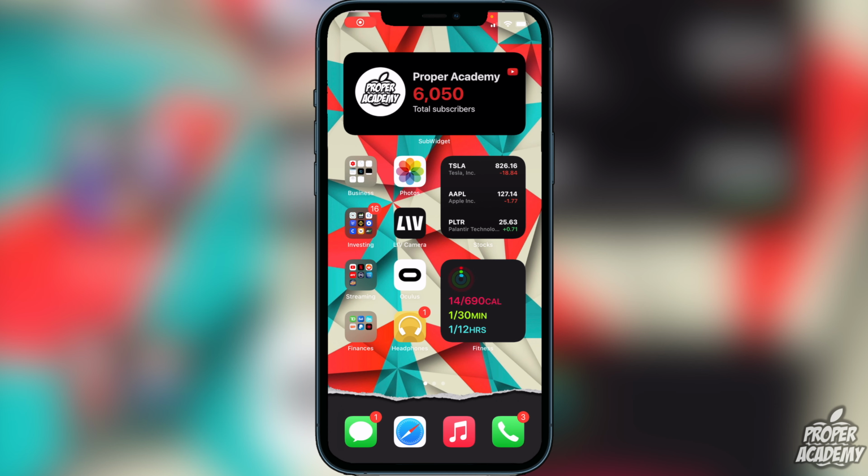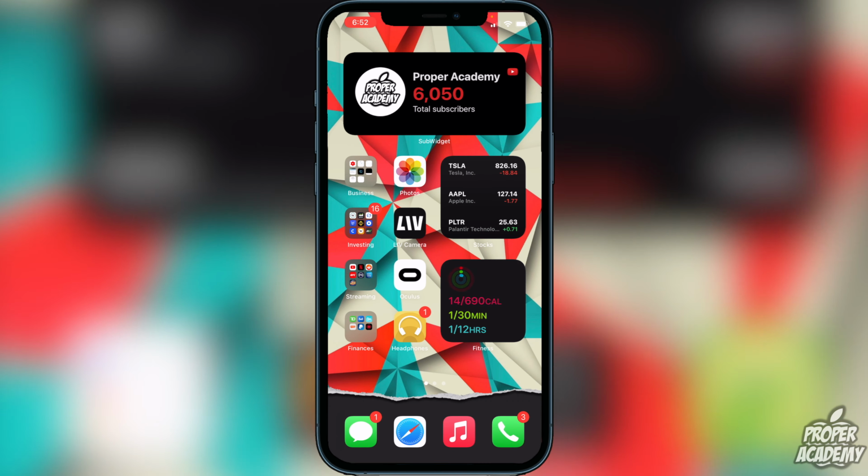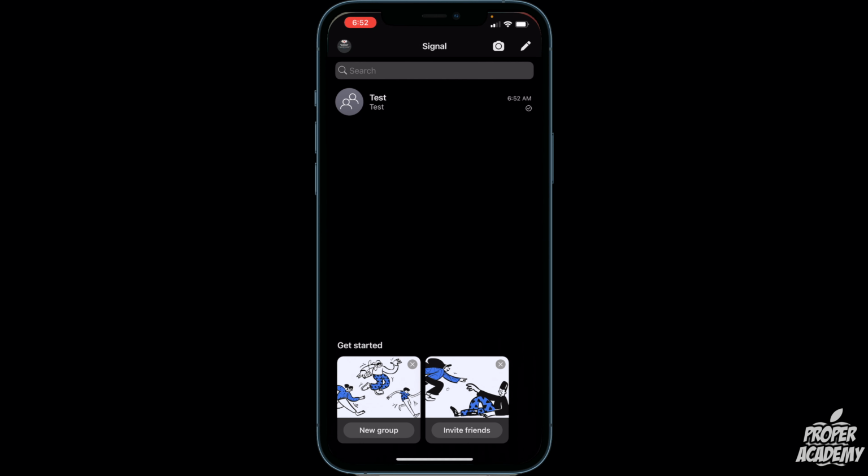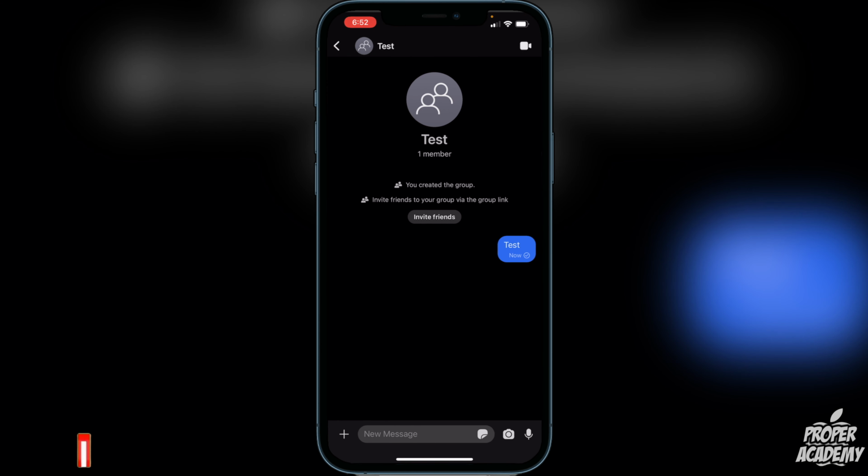In today's video, I'm going to show you guys how to send disappearing messages on the Signal application in 2021 on your iPhones. It's actually really easy to do. So if you just head over to the Signal application and open that up, you will then be on your home screen right here. All you have to do is find the chat that you want to have the disappearing messages in. So let's just say if I wanted this top one right here,